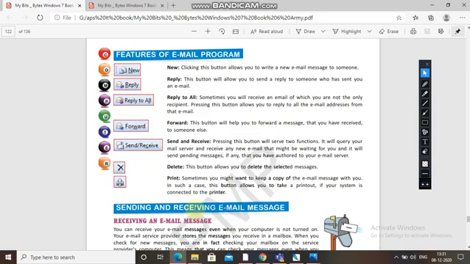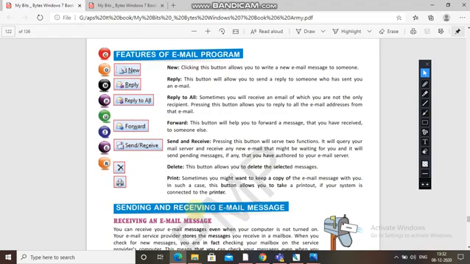Sometimes you might want to keep a copy of the email message with you. In such a case, this button allows you to take a printout, if your system is connected to the printer. Also see, in one click you can delete 50 messages only. Okay, by default, you can delete 50 messages from the Gmail account.